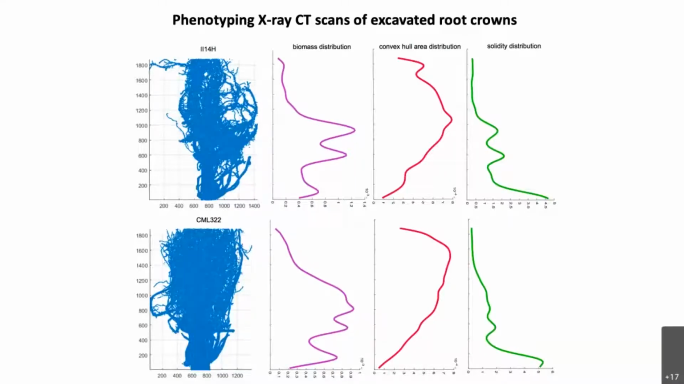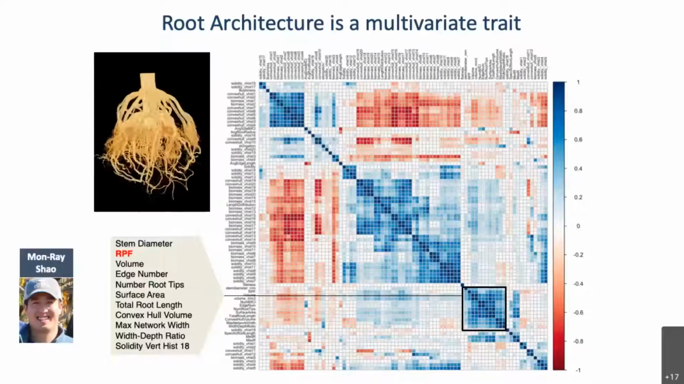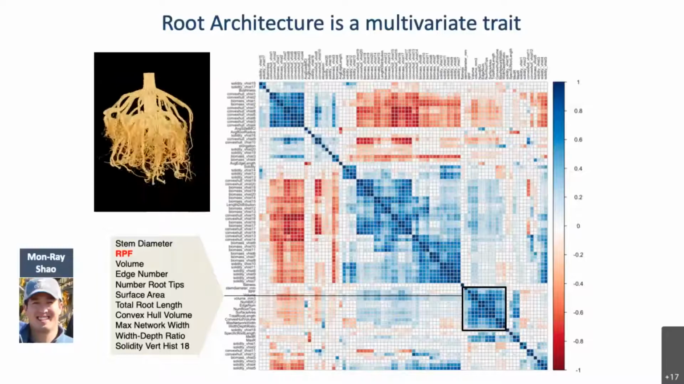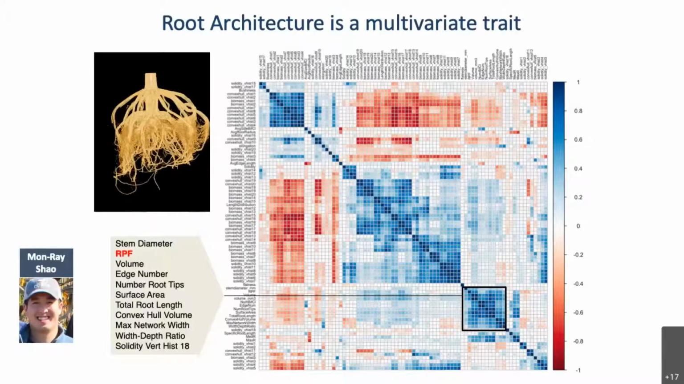We've got a pipeline where we can extract lots and lots of features. In fact, here are all the features we can extract. We can make this list as long as we want. It's essentially arbitrary, all the things that we can measure about the root system. Here's a study where we've correlated